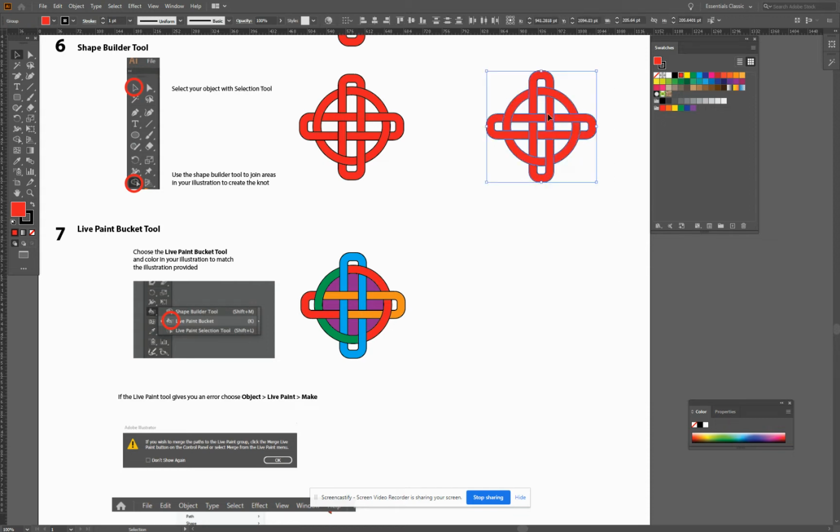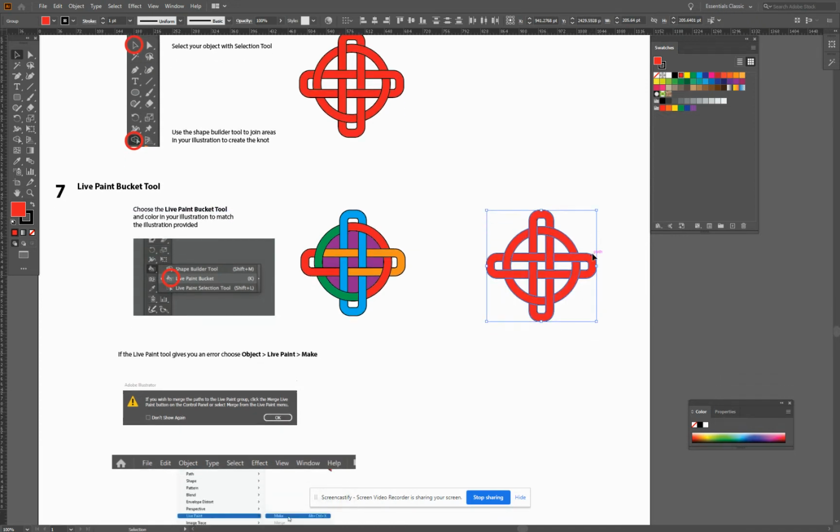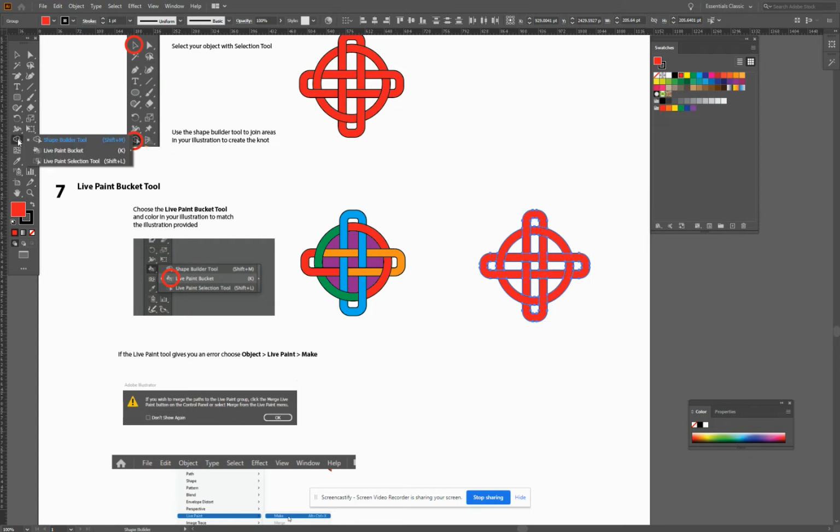Now we're going to use the Live Paint Bucket tool. And you guys can color this any way you want. I'm just going to color to match what I've done over here. So we go to the Live Paint Bucket tool, and I'm going to do this green,